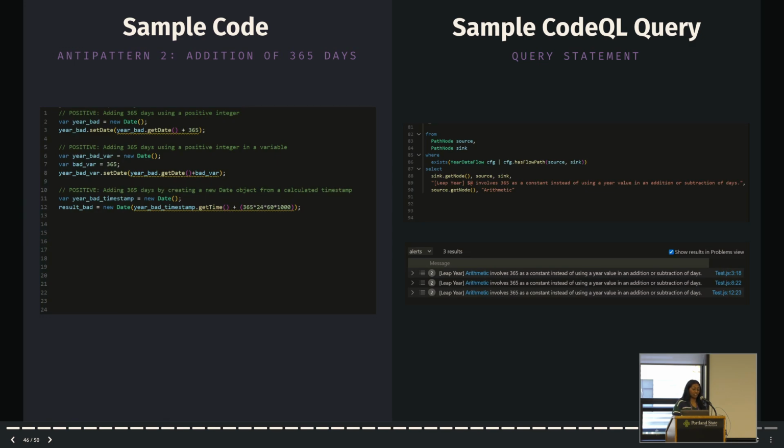While I'm not running this live, it's really similar to how Tong's example from earlier was run. The alerts that are found are underlined in yellow on the left side of the screen, and that's what the code shows. And then below the actual query statement is what the alerts look like in terms of when you run them, the messages that you get. With the same blue lines that if you click on them, they would bring you to the correct place in the code. Now, at this point, we have a properly flowing query that will summarize the anti-pattern shown.